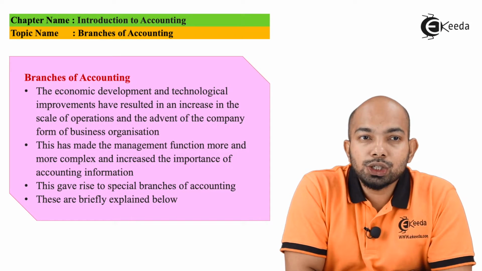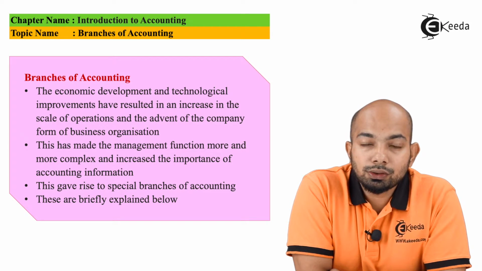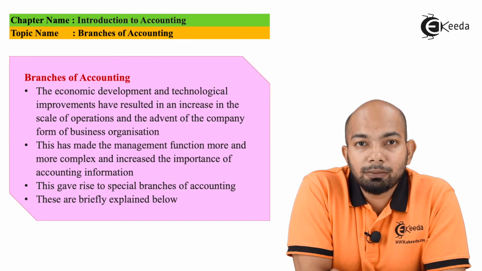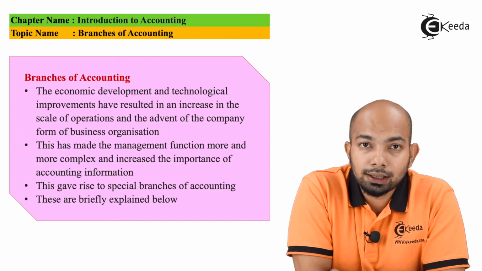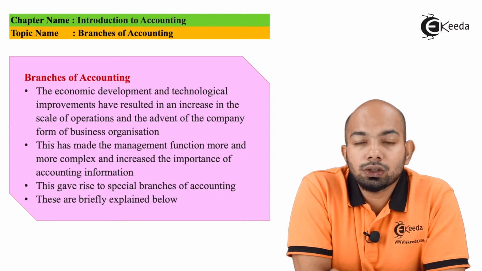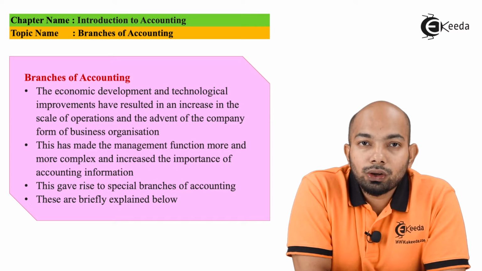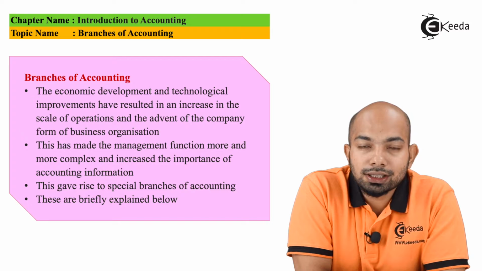When it comes to financial accounting, it is the part which provides you the details of the financial structure of the company, how much profit the company makes, how much loss the company has incurred, what is the status of the balance sheet, what is the status of the assets, how many liabilities the company has. These all expenses, these all transactions are shared by the financial accounting branch. So when you talk about balance sheet, when you talk about profit and loss account, these all are part of